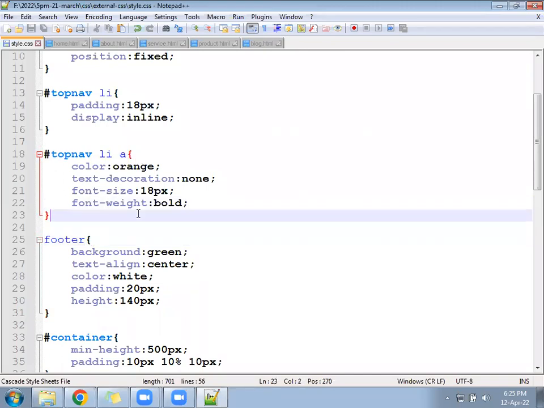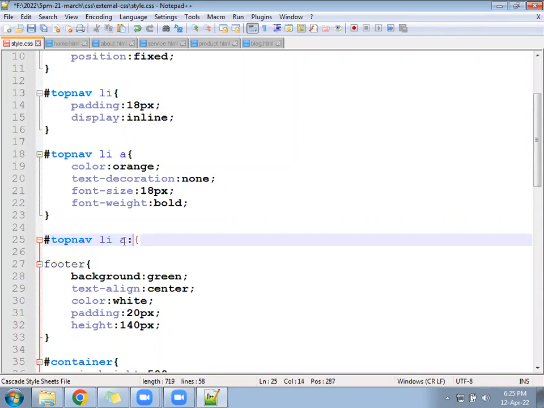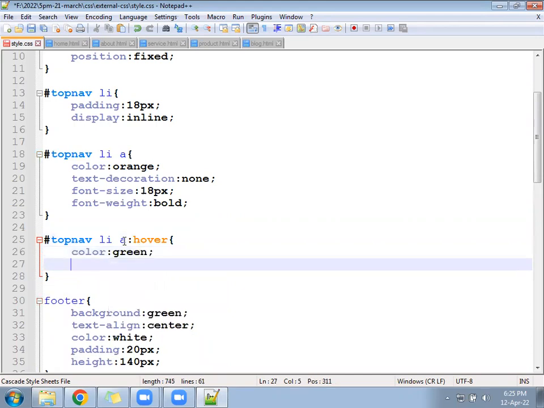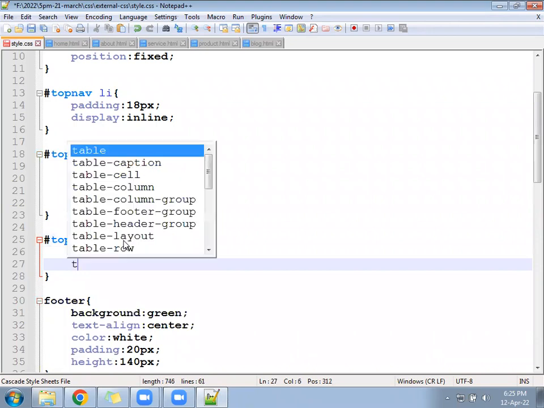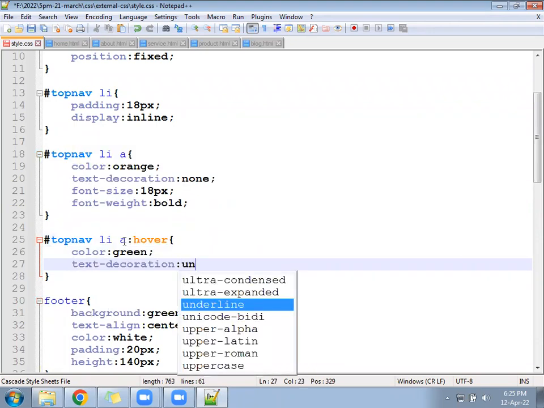Add one more line here: top nav of a colon hover, color green, and text-decoration underline.